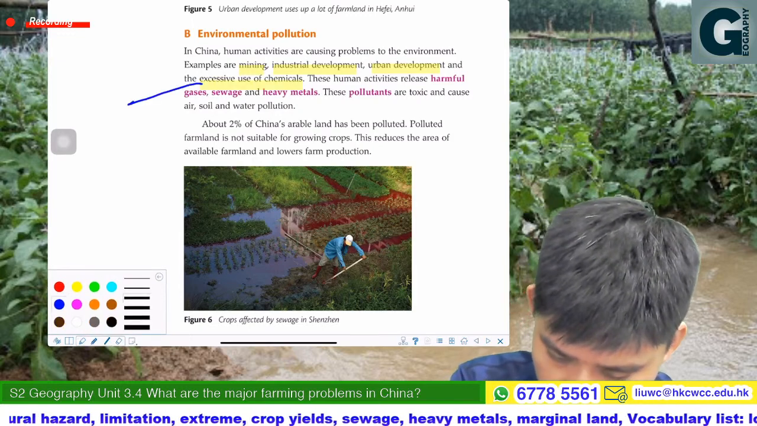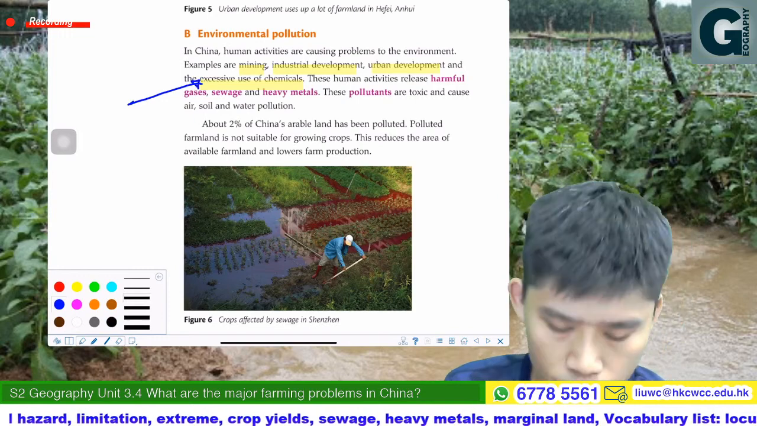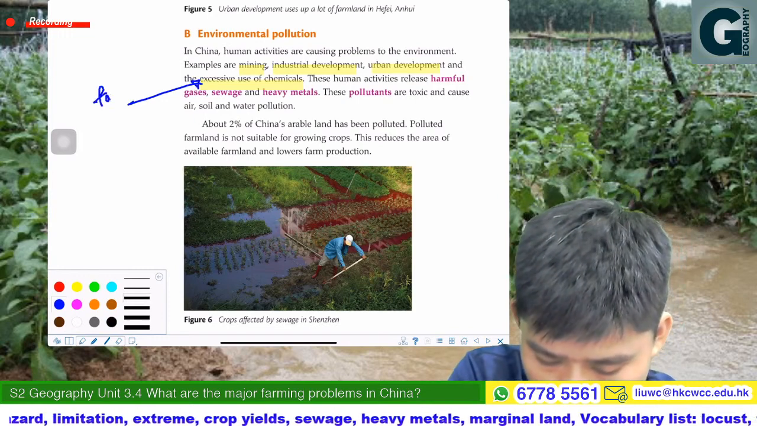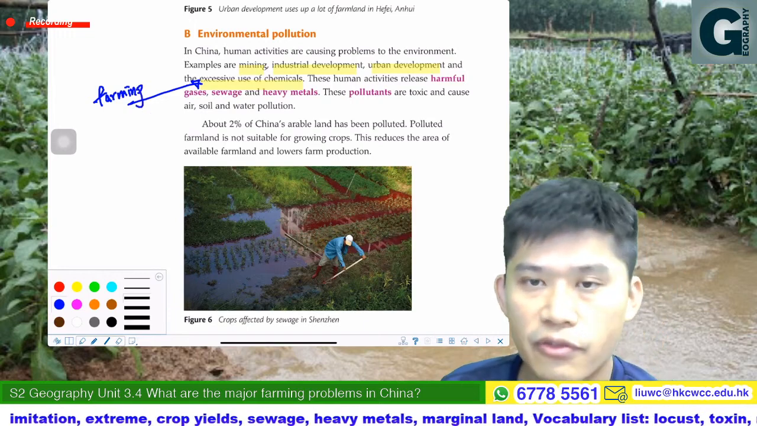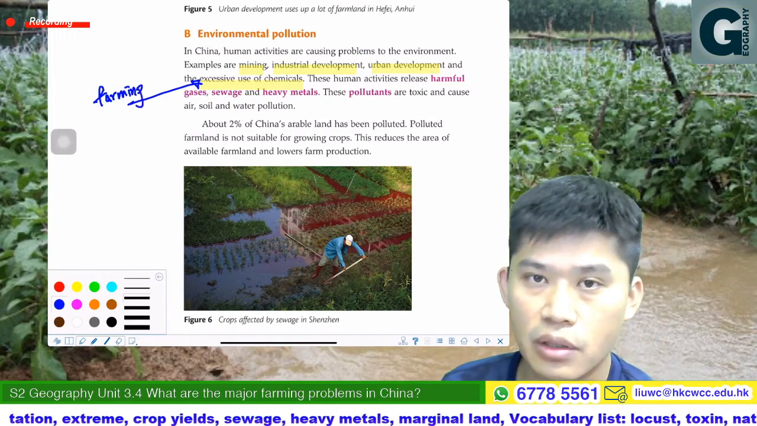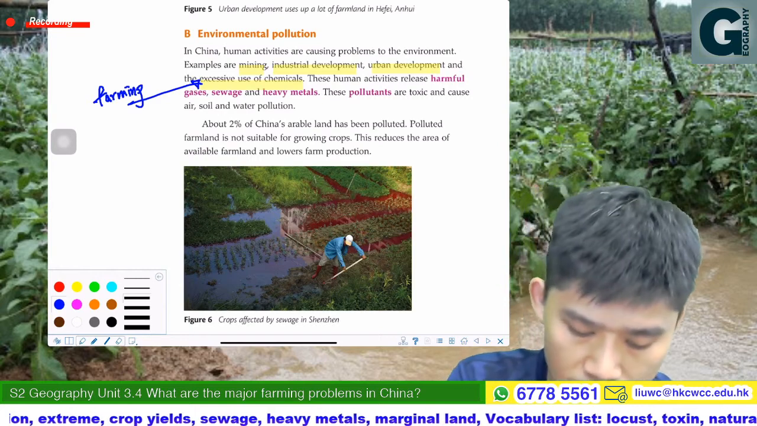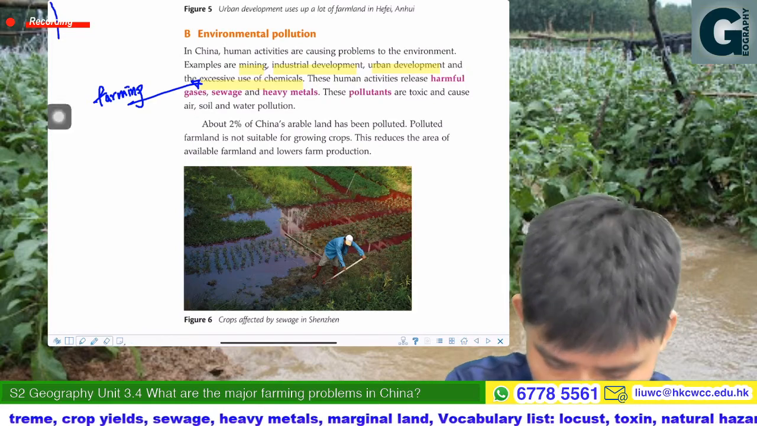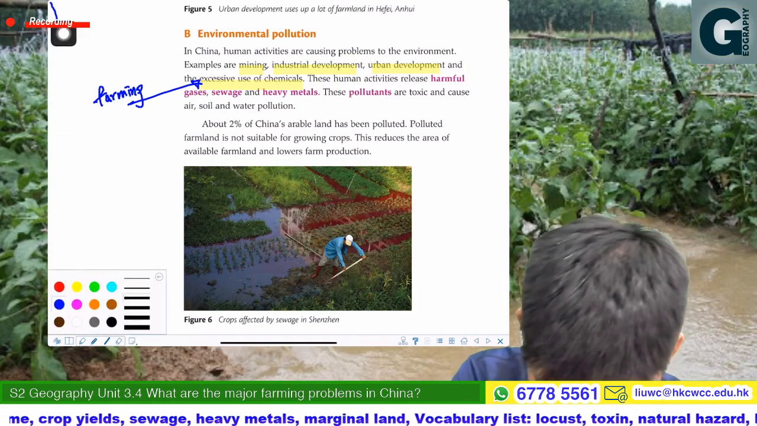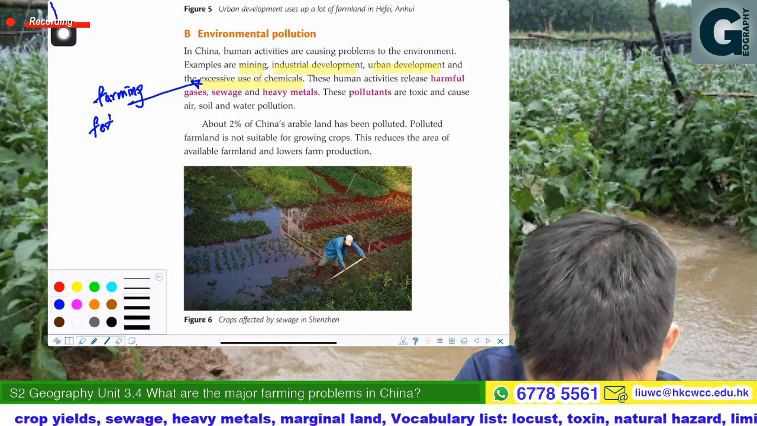Okay, the excessive use of chemical here, normally we talk about this is related to farming. Okay, farming. Why the farmer need to use excessive chemical? It is mainly for the fertilizer